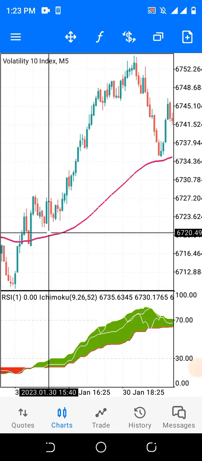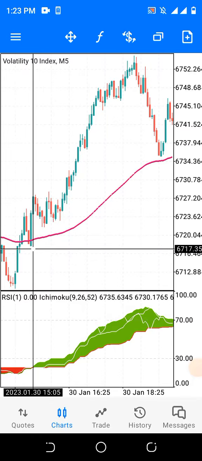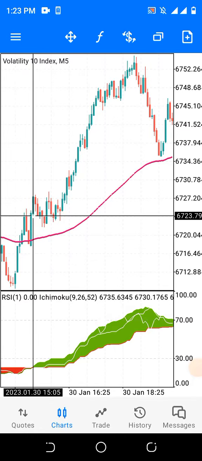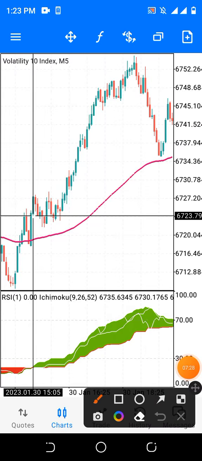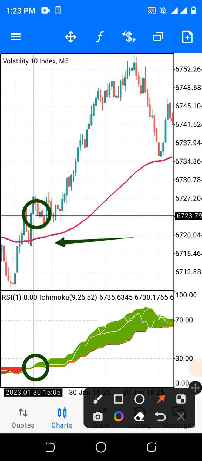Now this is how it is done. From this point of crossing, this is where the crossing occurs, so it turns green, and this is a sign of a bullish trend. So you make a buy entry from the point where the color change occurs. Look at it. So you make your buy entry here, and your stop loss should be below the moving average, just below the moving average. That is where your stop loss should be, and this is the excess profit.